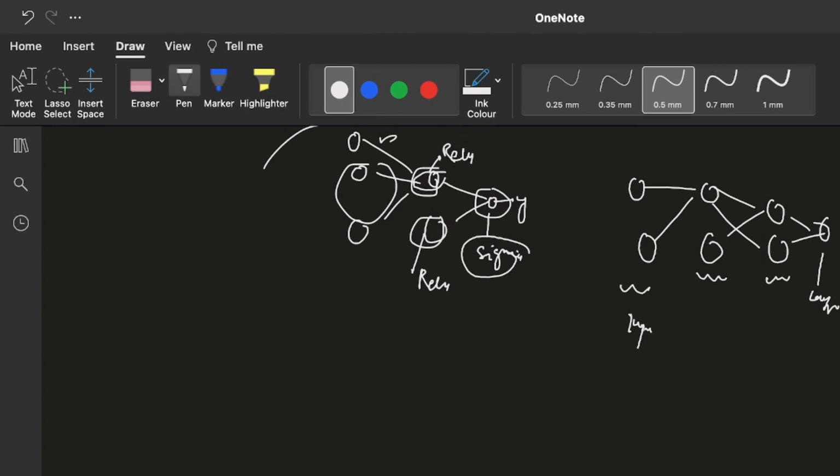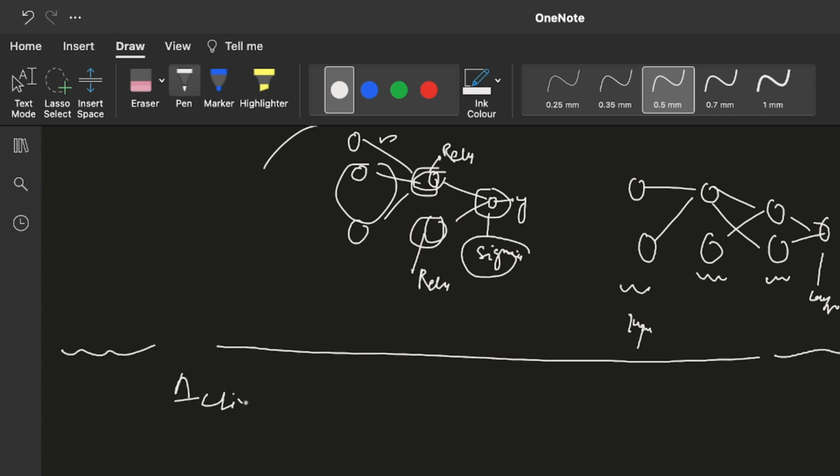Basically, there are activation functions which help us make the computation better. A very popular activation function is sigmoid.